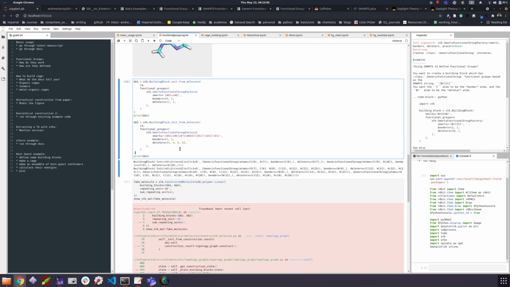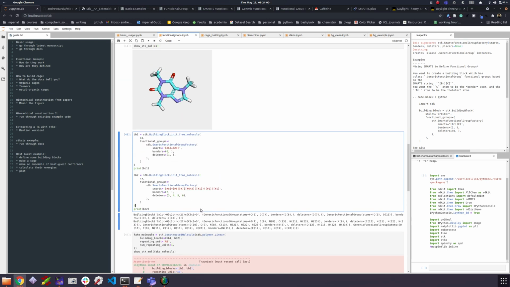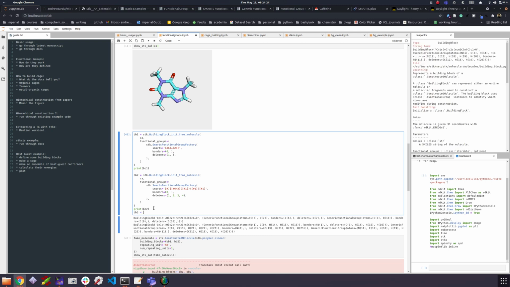Okay, we're back. I've decided to tackle this a different way. I've shown that we can keep adding specificity with the SMARTS functional group, but it's going to get messier and messier. So let's just Control Z, back to where we were when we weren't being very specific. Right. Now, we can take BB2 and we can go BB2 equals BB2 with functional groups,